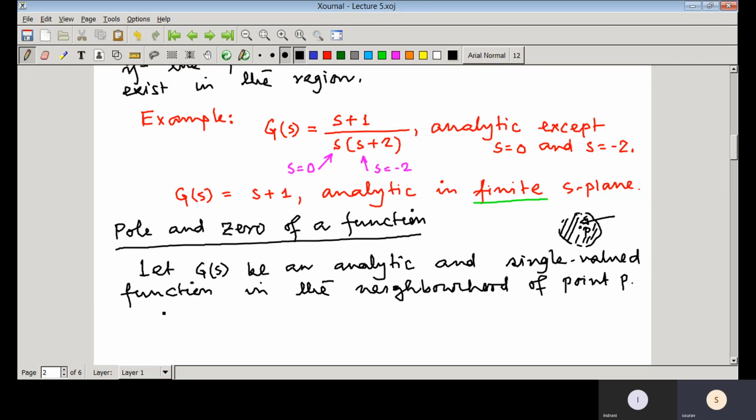So it is said to have a pole of order R at s equal to P